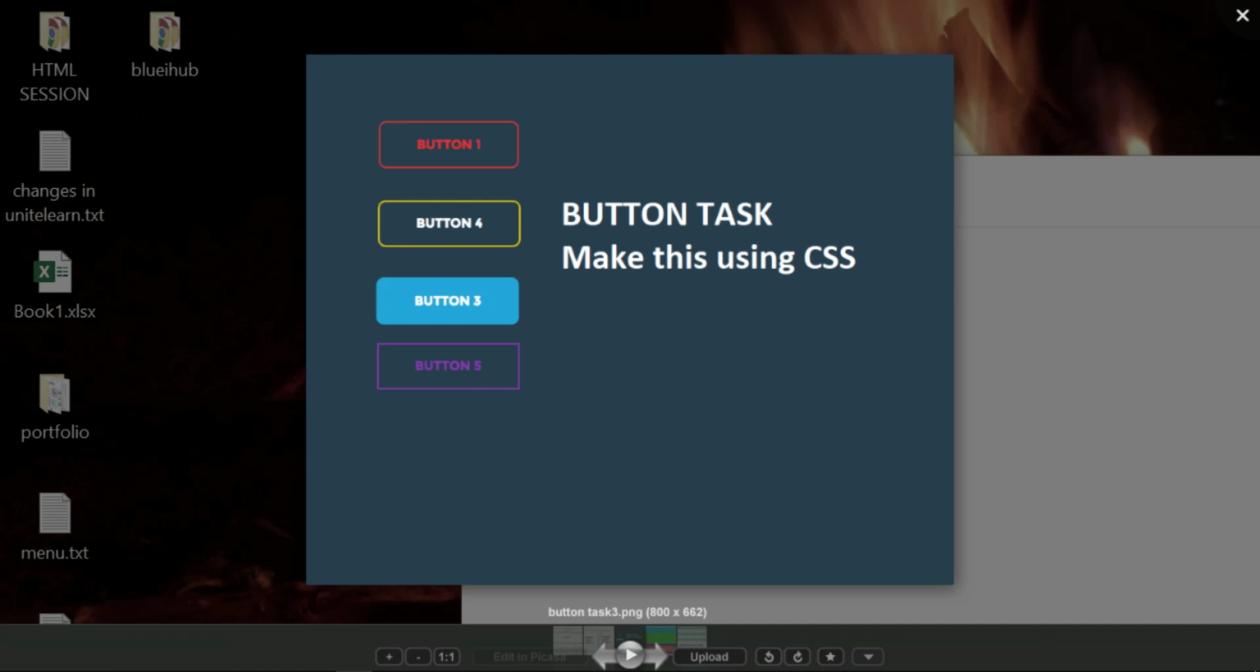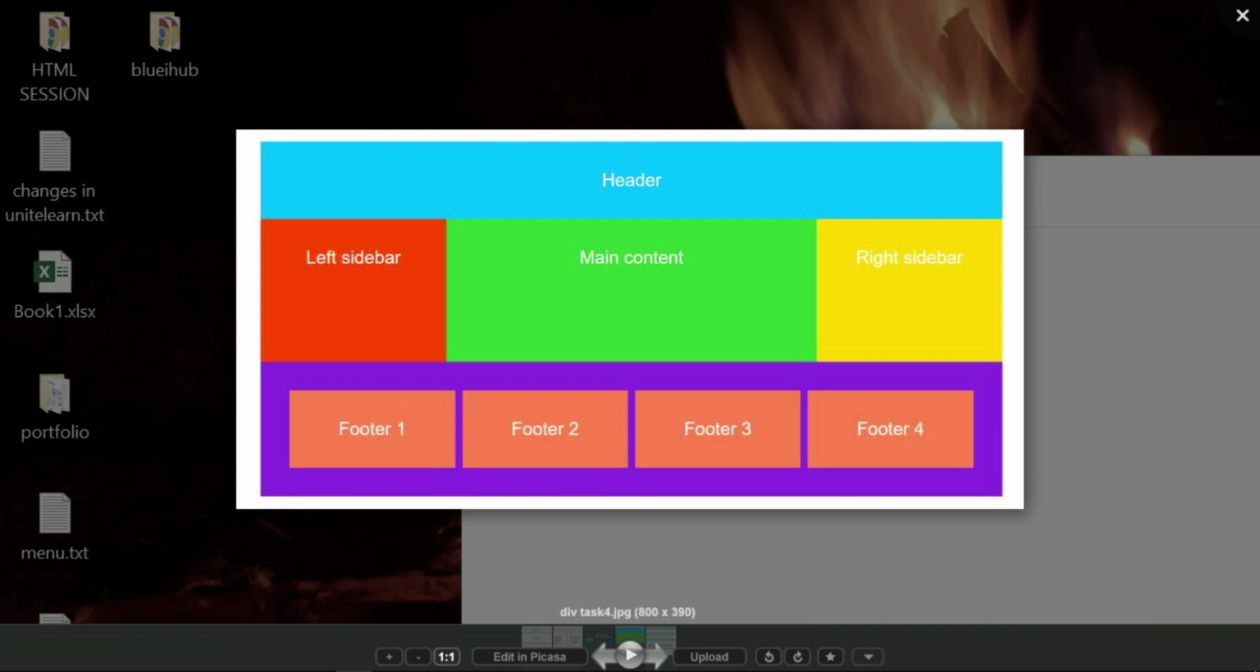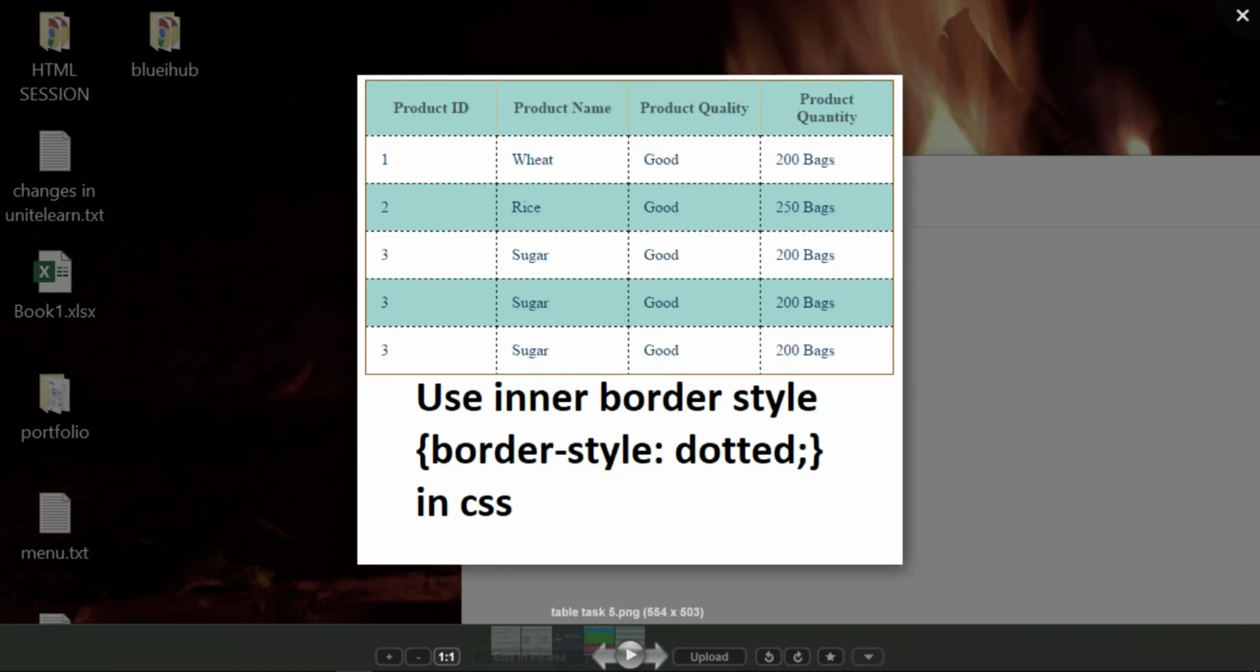Coming to the fourth task, you have to create a web page having a header, left sidebar, main content, right sidebar, and the footer. Use the same colors. And the last one, the fifth task, is to create a table